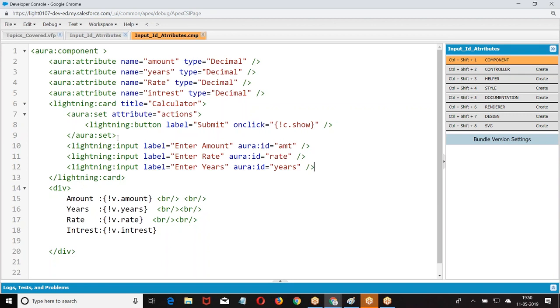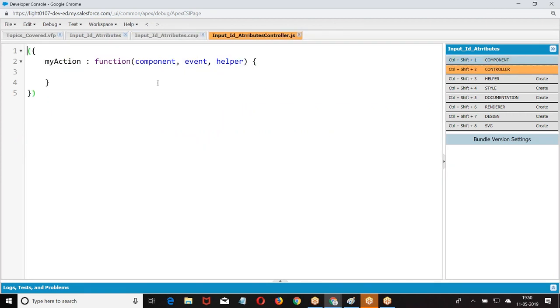Now here the values what I am entering, those values I am referring with the help of IDs. Okay. When I click on the controller, how do you read the value?